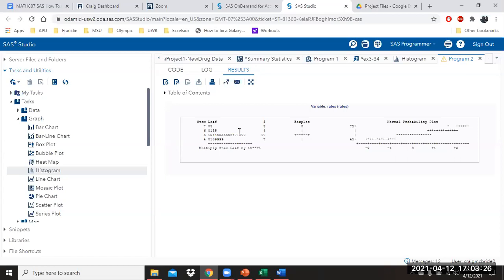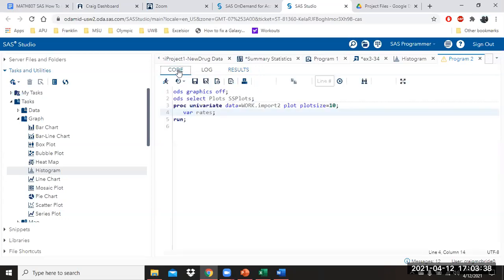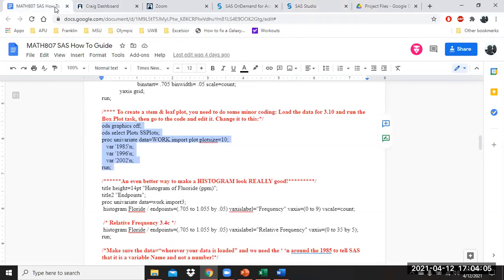So the things to learn from this class as far as SAS is concerned, if you're going to do any kind of programming, there are certain key elements that you always have to pay attention to in your program. The first thing is your proc statement. Proc stands for procedure, and it tells SAS what kind of procedure you're going to run. In this case, we're running the univariate procedure. The second thing that is super important is your data call out. The reason why I point these things out is because anybody who works in SAS and does things regularly in SAS will always have their version of this